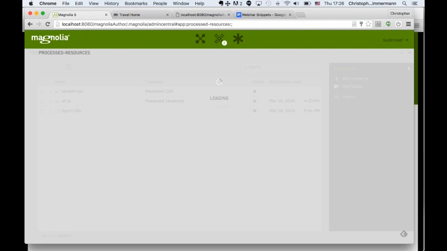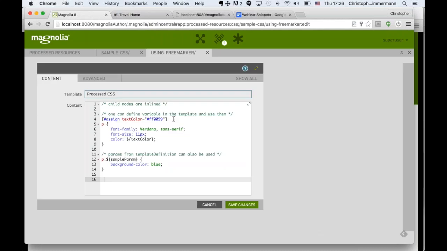A processed resource is basically a file that is interpreted as a FreeMarker template. So here's an example where we create a variable called text color and assign a value to it. And a few lines later in the same file, we then reference it. And the way you load or reference these files is a special path